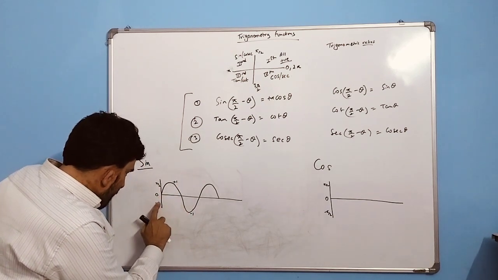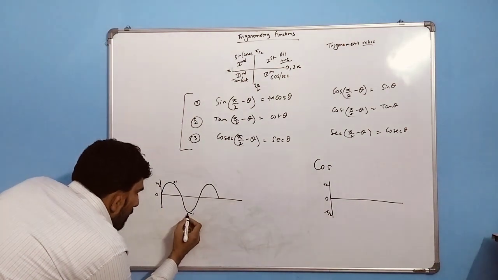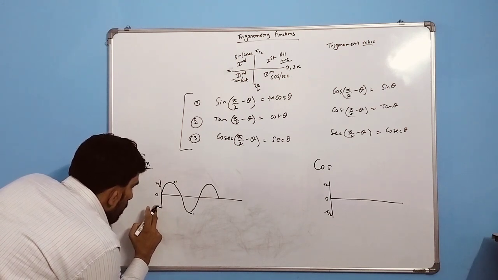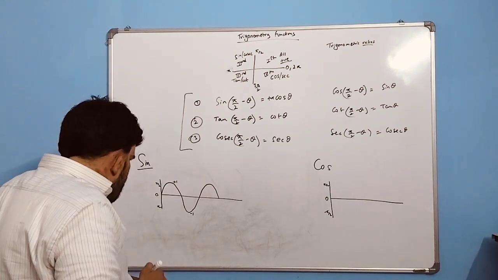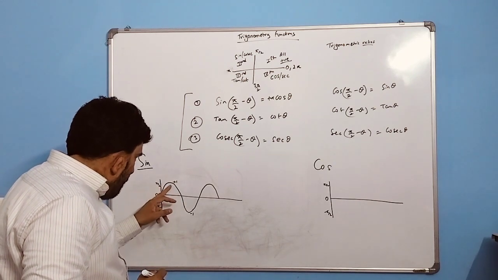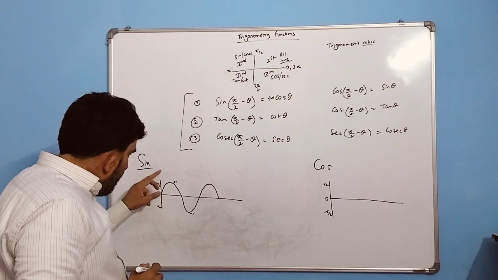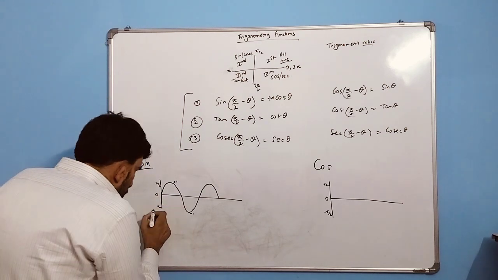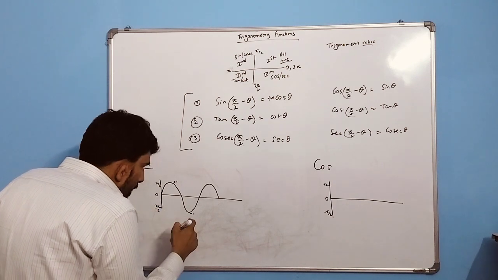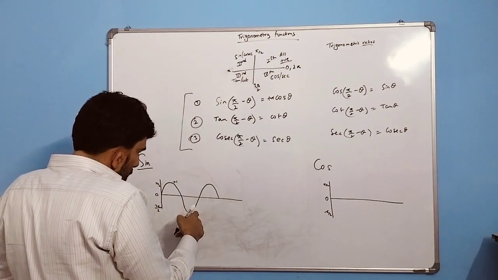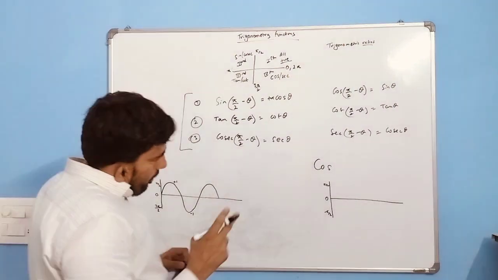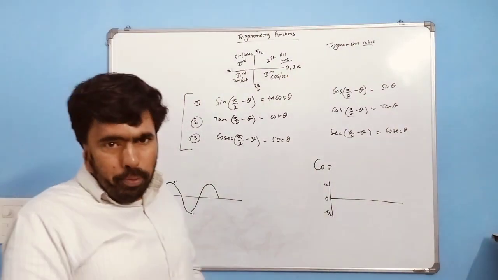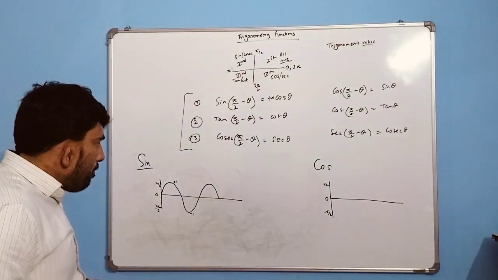Here, if I am talking about it, this will be pi. Okay, so 180 will be like this. 90 is there, plus 1, 0, 90, then 180, it's again 0, then we move to 270, then we move like this. Okay, and for the cos also, we can see that